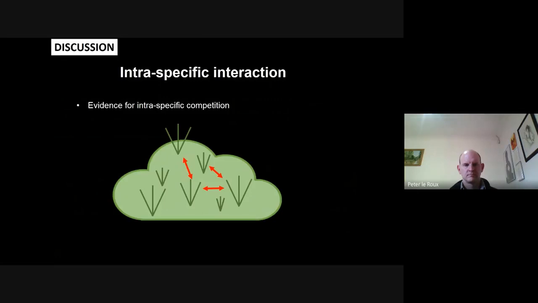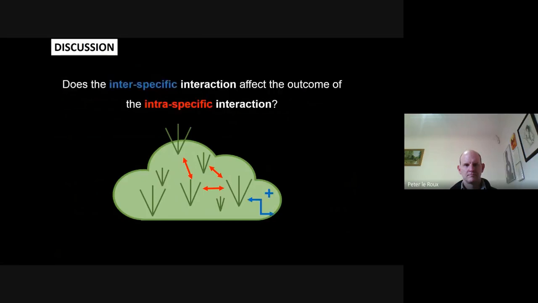So what do these results tell us? The first key finding from this study is that, when examining the impact of Agrostis density on Agrostis performance using an observational approach, we see evidence for intraspecific competition. Probably more interestingly, our results suggest that competition among beneficiaries may be mediated by the interaction with the benefactor, as our observational data shows the facilitative effect of Azorella changes the intensity of intraspecific interactions between Agrostis individuals, because the decrease in Agrostis performance with density was greater on Azorella than on the adjacent substrate.